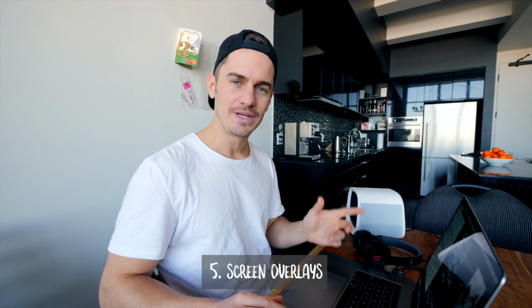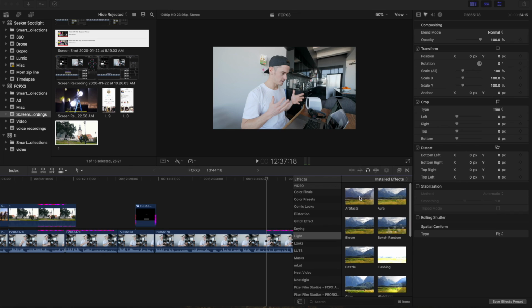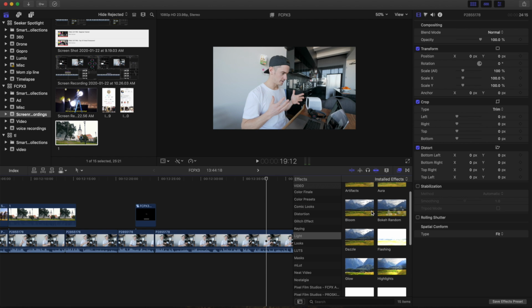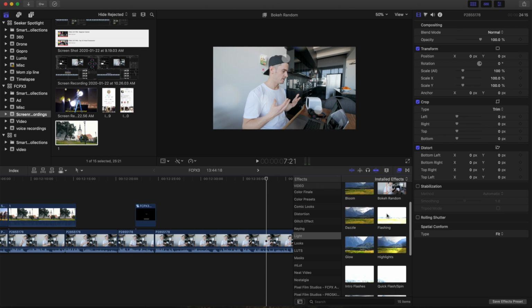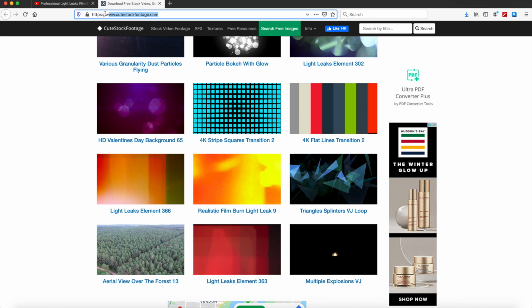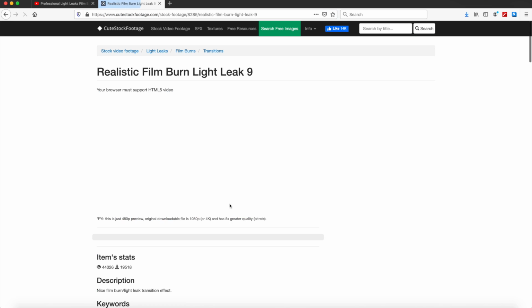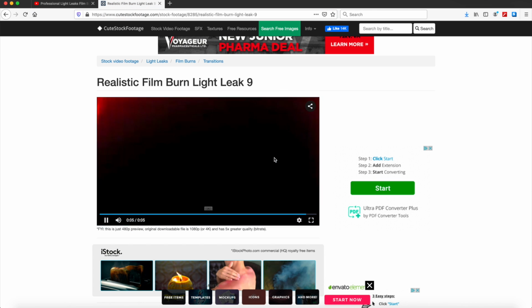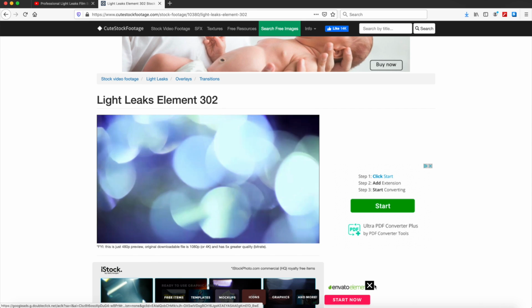And finally, the last effect, which I always use, is screen overlays. So here are a few of the stock Final Cut lighting overlays, but to be honest, I don't love them, so I prefer to use the ones that I found. Now, I'm not sure exactly where you can find the best free screen overlays. I do get a lot of green screens from YouTube, and I've got friends that have sent me different light